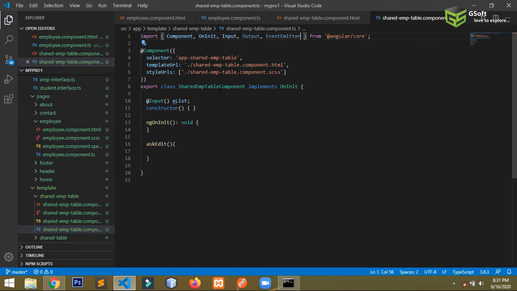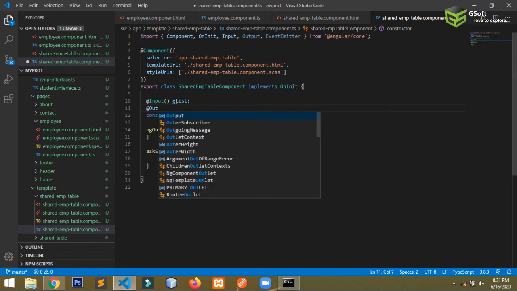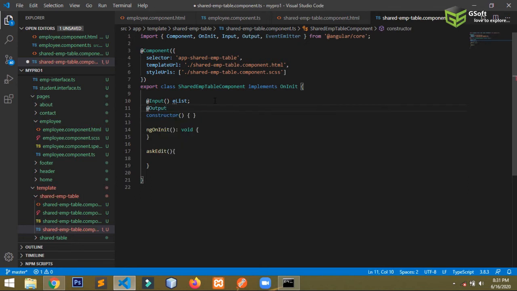Okay guys, so I will have to write here @Output, and I want to write the editEmp, that will be my name, equals to, I will create an object with the name editEmp,